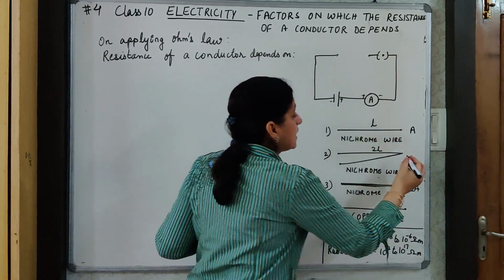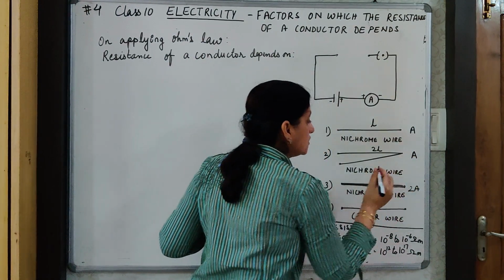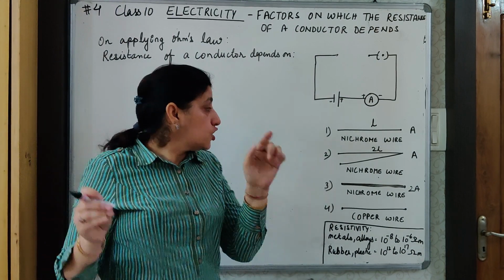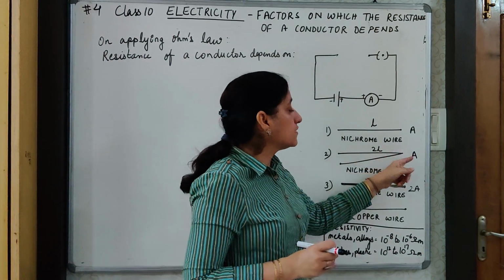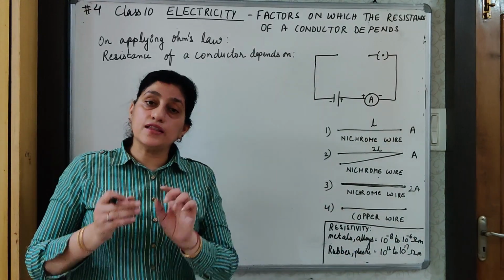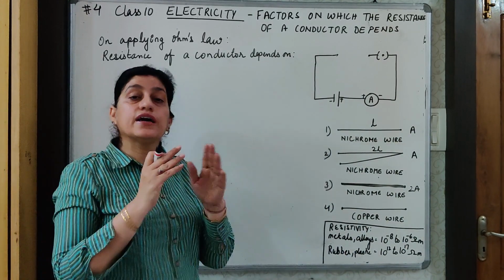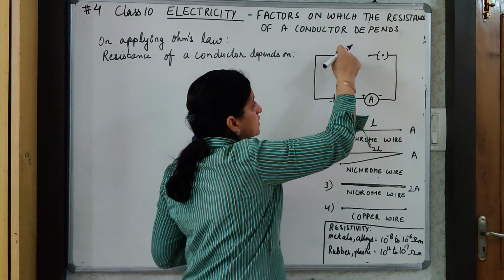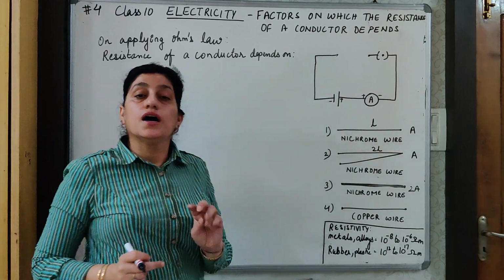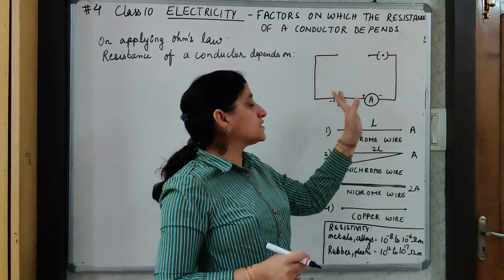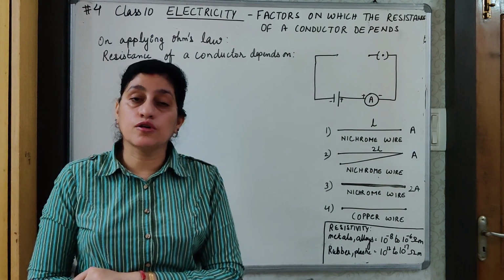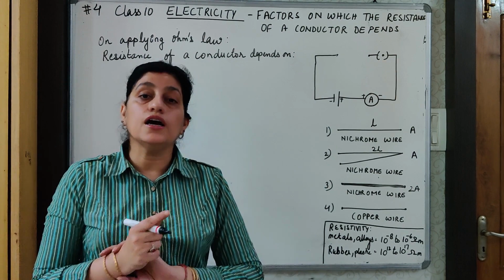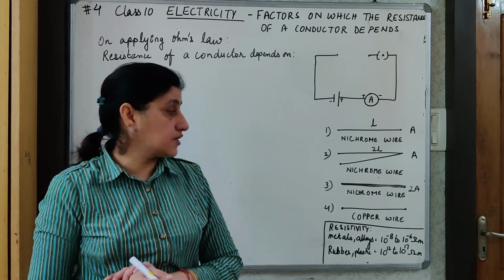After this, we will remove the key, introduce the second component, which is also a nichrome wire from that same roll, meaning having the same area of cross section, but we have taken the wire of double the initial length. So second time when I am using, the area is same, but the length of the wire has been doubled. We have taken a longer wire, 2 times the length. When we place this wire between the two terminals, again we will notice the value of the ammeter, and we will see that there is a change in the value of the current which is now flowing in the circuit.